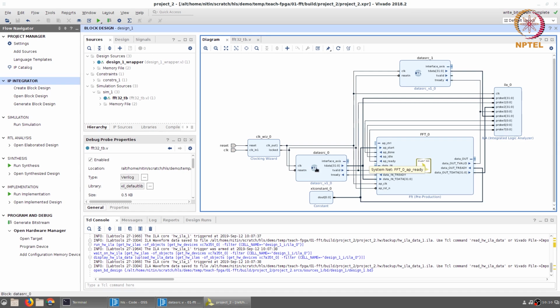We used two of these data sources, one to feed the FFT module, the other to compare the generated output and see whether it was accurate. We used an ILA, an integrated logic analyzer, to monitor all the outputs and see that they were correct. That includes the done signal of the FFT module, and by looking at the waveforms that were generated, we found that the latency matched with what was expected and what was seen in the Vivado HLS output design.